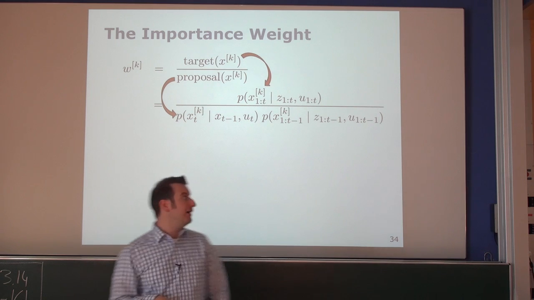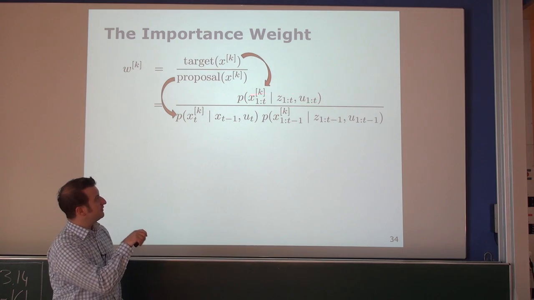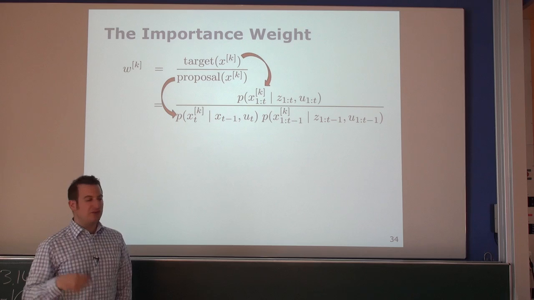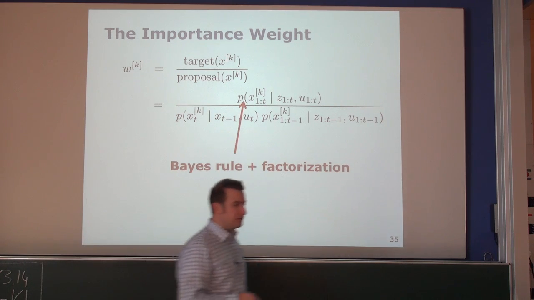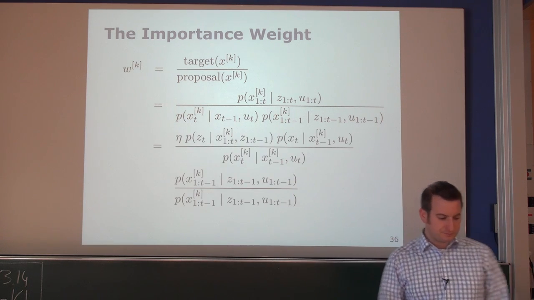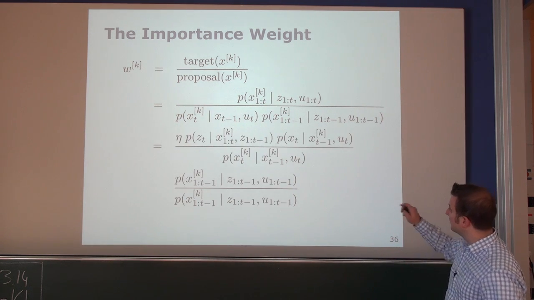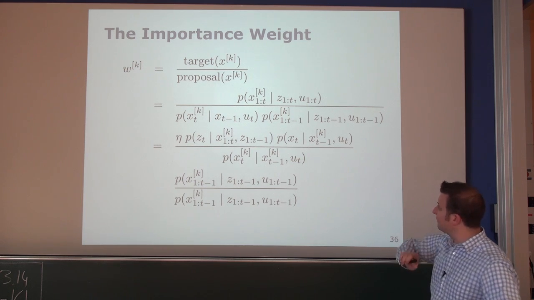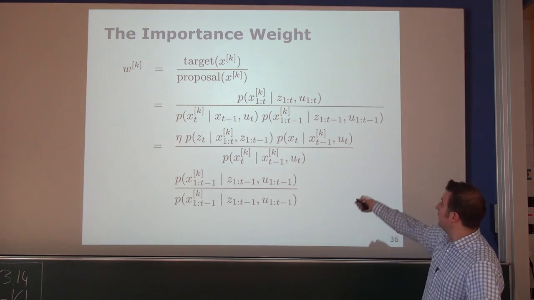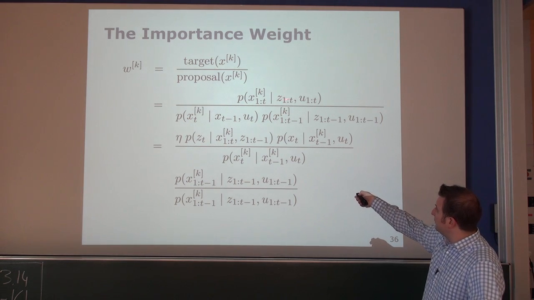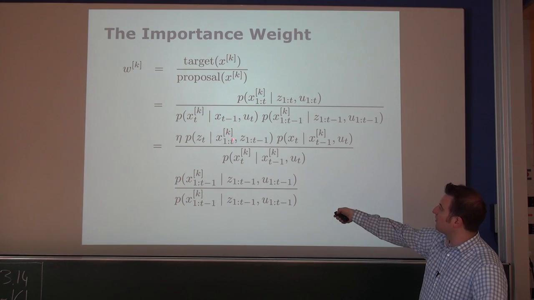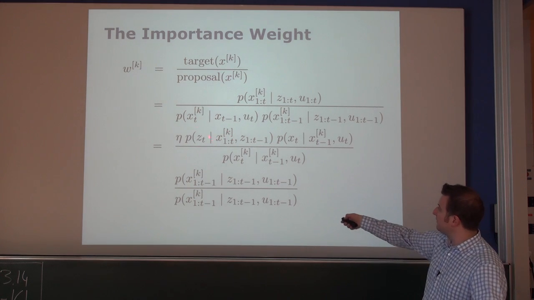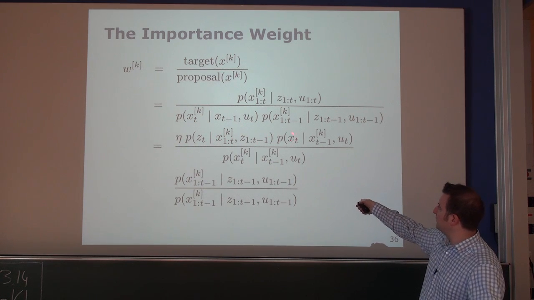What I continue to do with that, I take this part over here on top, and just apply Bayes' rule. So I apply Bayes' rule and do a factorization. So I end up with this term over here. It gets a little bit messy. But actually, everything is pretty straightforward if you know Bayes' rule. So what happened over here? We moved zt to the other side. So zt moved over here, and all the poses moved over here. So we have p of zt given all the poses times the